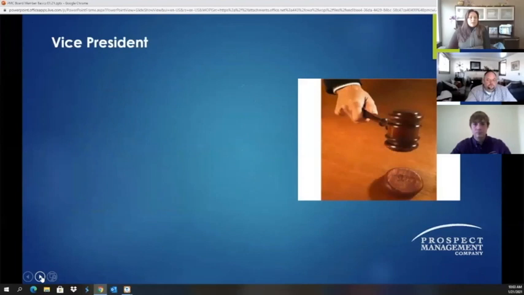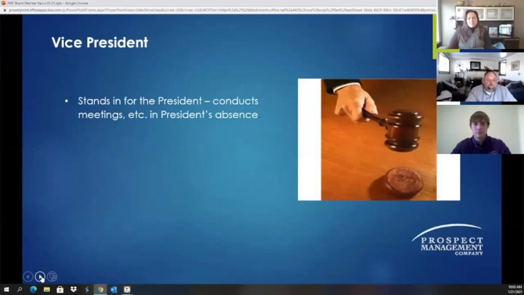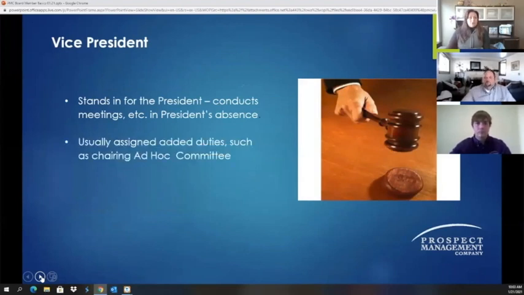The vice president stands in for the president when they're not available. They conduct the meetings in the president's absence, and generally, the best practice for the vice president role would be the person who is next going to assume the president role. They usually are assigned added duties, such as chairing an ad hoc committee.